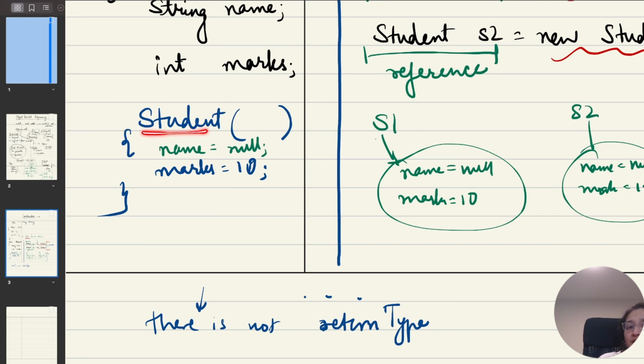When you have a constructor where we do not have any parameters, it is called a default constructor, right? So whatever you want, you can just leave it empty as it was before, not a problem. Or else if you want to give any default values, you can do so. Okay, now what if,